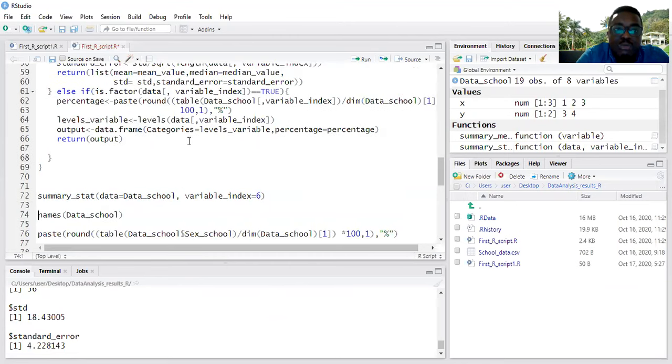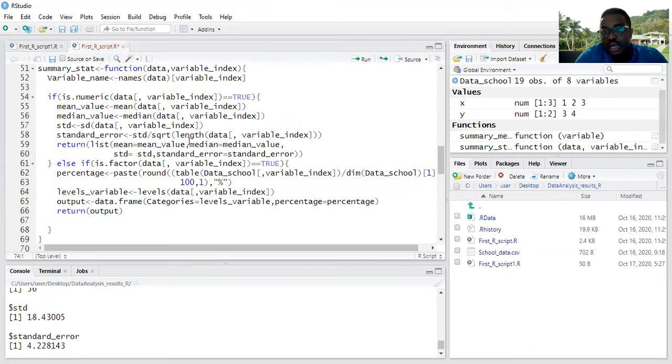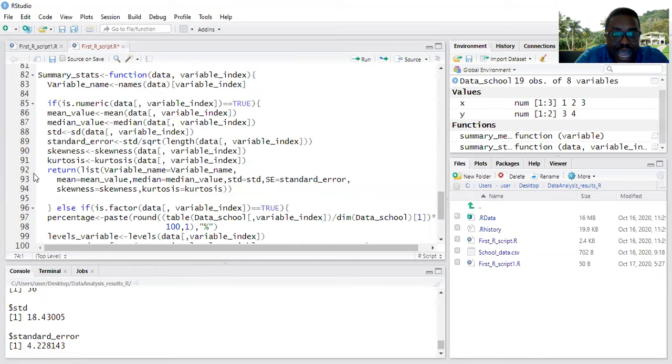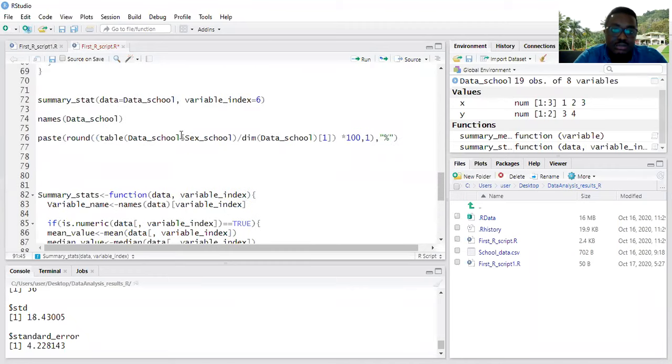You can actually add more complexity for this function to, first of all, pick each variable, tell the summary statistics, and even plot a graph for you. So that's one of the things about creating a function using a programming language. You can create a function and add as much complexity as you want. Technically, originally, I even told it to calculate skewness and kurtosis, just that I didn't add it to this because